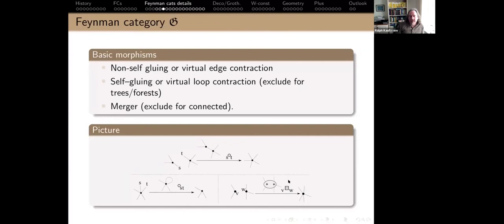Then the last thing I can do is merge. I can take two vertices and actually really merge them together. And if you're geometrically inclined, this is a connected sum. If you take two disjoint surfaces, there is a way to view these corollas just as surfaces, either as planar surfaces or as just surfaces with boundary. And then this is just gluing and contraction of edges and surfaces, self-gluing of surfaces, and this is the thing you would get from connected sum.